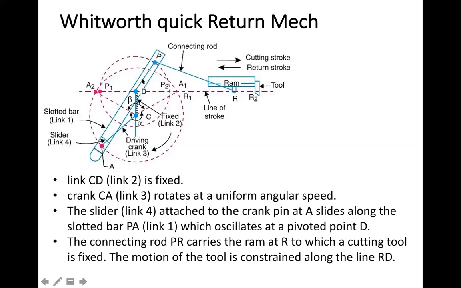So in this slotted link, this is moving. It is the similar principle to what you have seen previously. So this is rotating, but at the end you connect one more link. So link 4, if you take the slider, link 4 is PA, P to A. So this is one link, the slotted lever and slider. One link is fixed and one link is the crank. So these are the four links. In addition to these four links in the Whitworth mechanism, we have one more link here, which is connected from P to R. R is considered as the ram. So P to R you are connected.